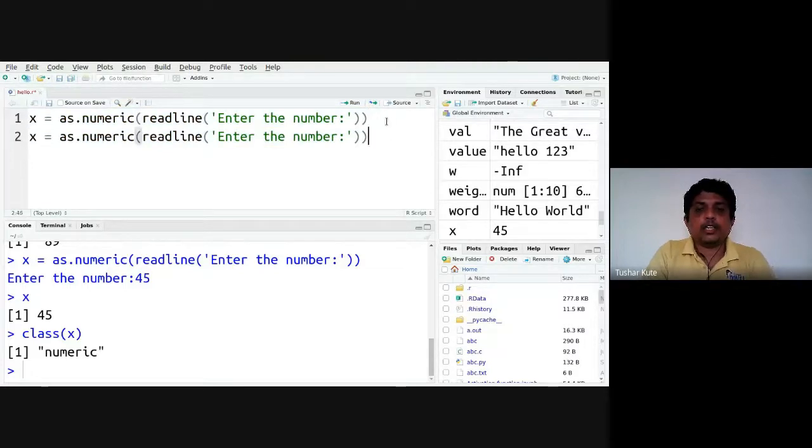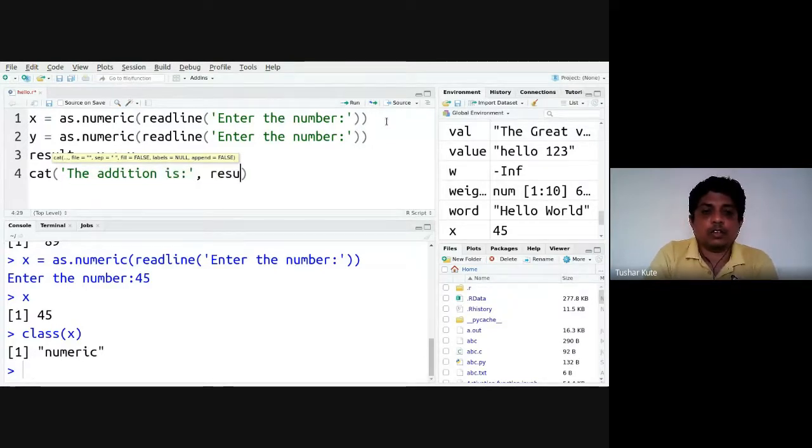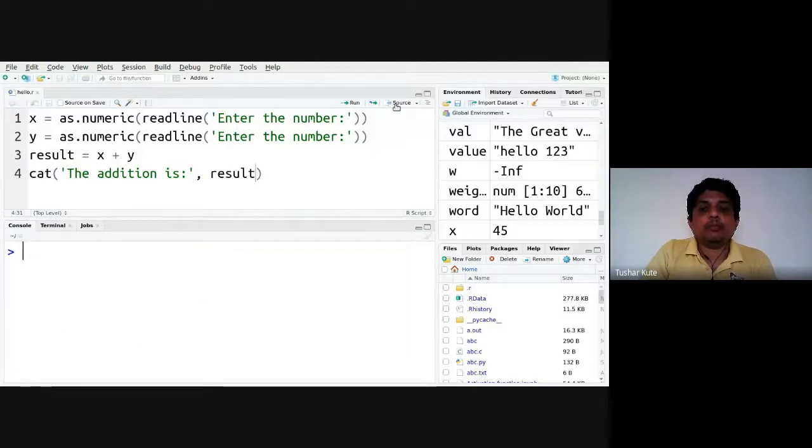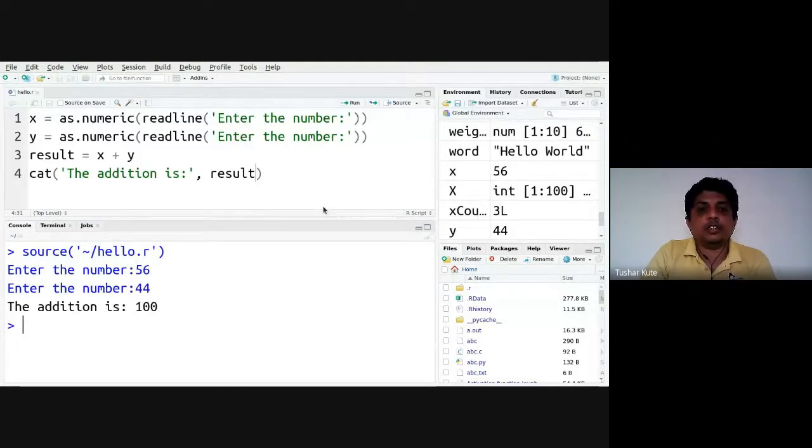Then I'll read the second number and store it into the y variable, and result is x plus y, and we'll catch it. Addition is, comma. I have saved that and I'll click on source. See, executed: 56, 44, addition is 100.